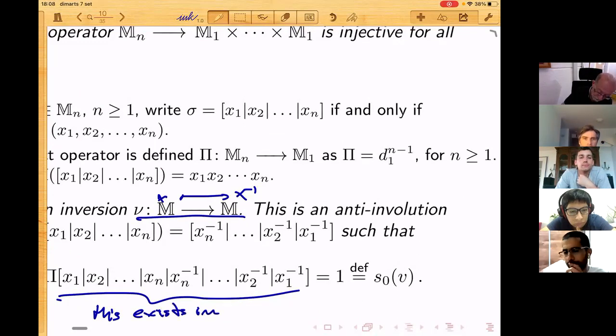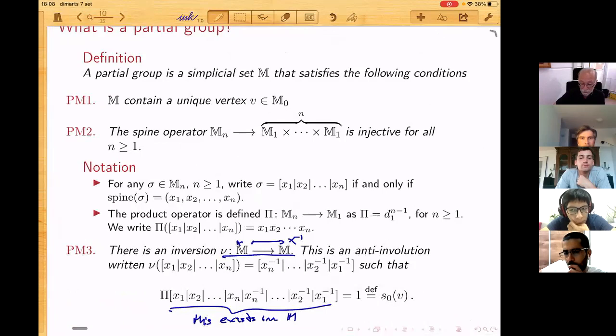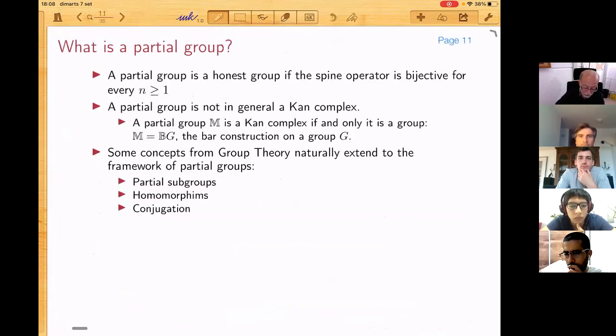Exists in our simplicial set, and the product is 1. 1, the unit, is defined as the degeneracy of the unique vertex that we have, right? So that's the definition of the unit, and that's a definition of the inversion. These three axioms make this equivalent to the original definition by Andy Chermak,